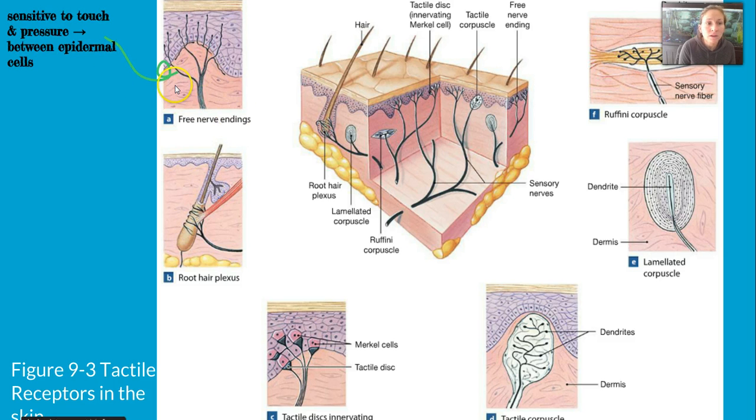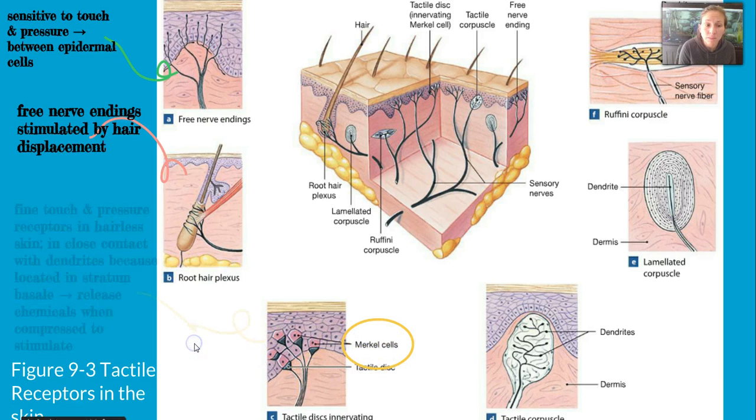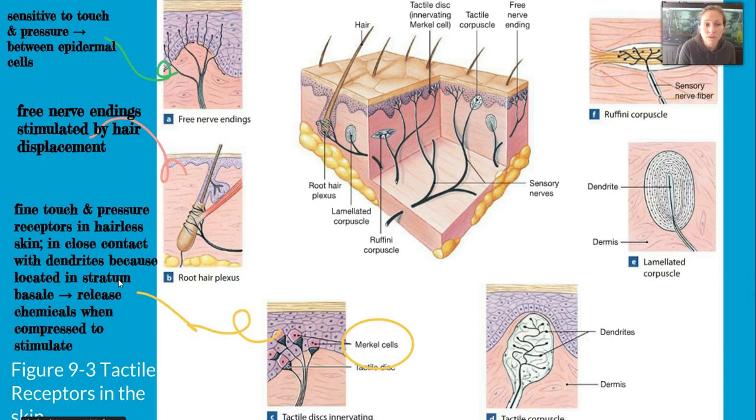The free nerve endings are sensitive to touch and pressure, and they're between epidermal cells, while we have other free nerve endings stimulated by hair displacement in our root hair plexus. We also have tactile discs, also known as Merkel discs. Those are made up of Merkel cells, and they have fine touch and pressure receptors in hairless skin. They're in close contact with dendrites because they're located in the stratum basale,